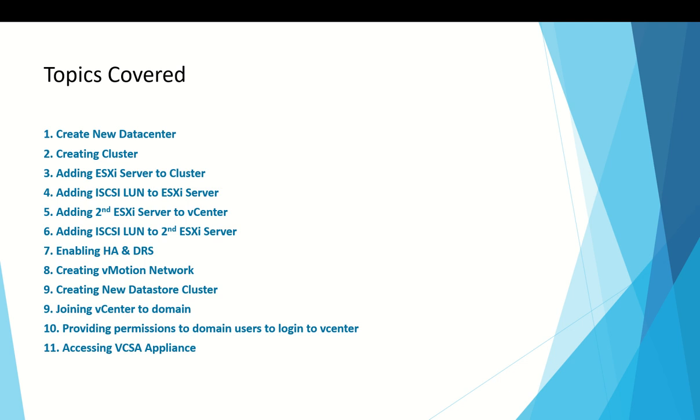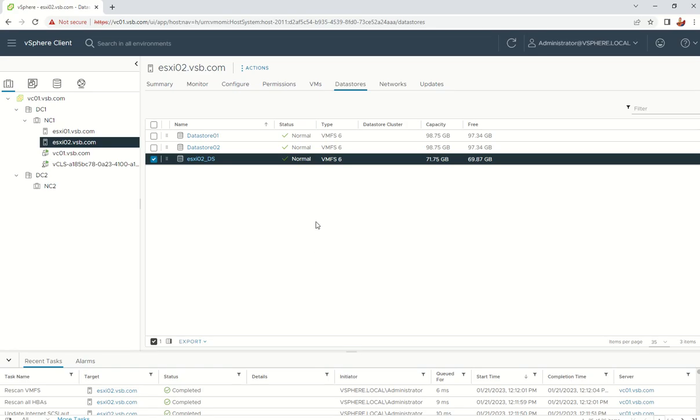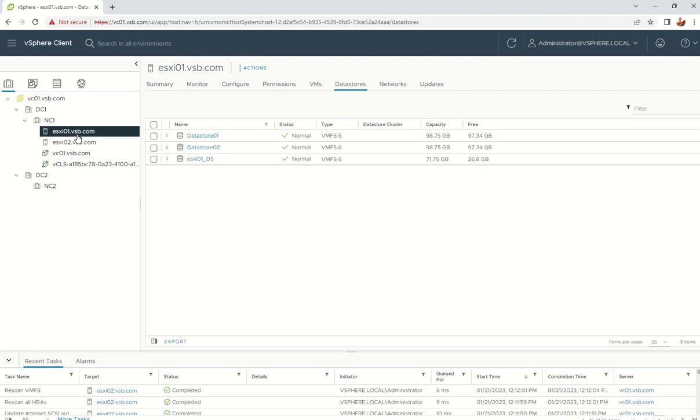So the next step is step 6, that is enabling HA DRS. Before that we'll do the vMotion step, then we'll go to HA DRS. Why? Because DRS works on vMotion, whereas HA doesn't work on vMotion. So it's dependent, and this will also be an interview question. Will HA work on vMotion? No, it doesn't work on vMotion, but DRS works on vMotion. Okay, so we'll go to